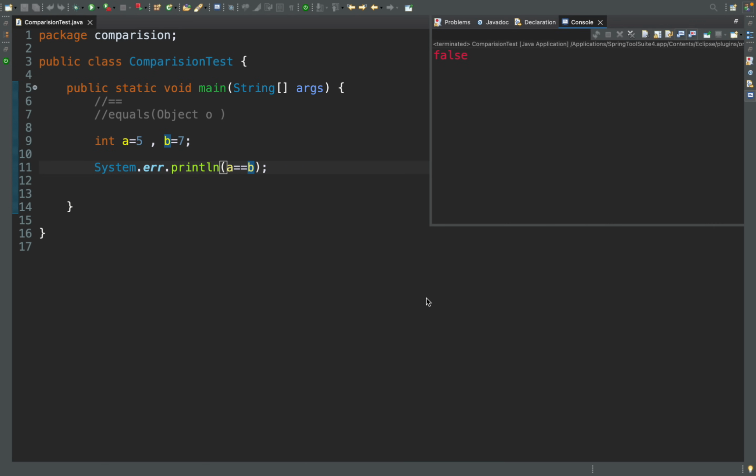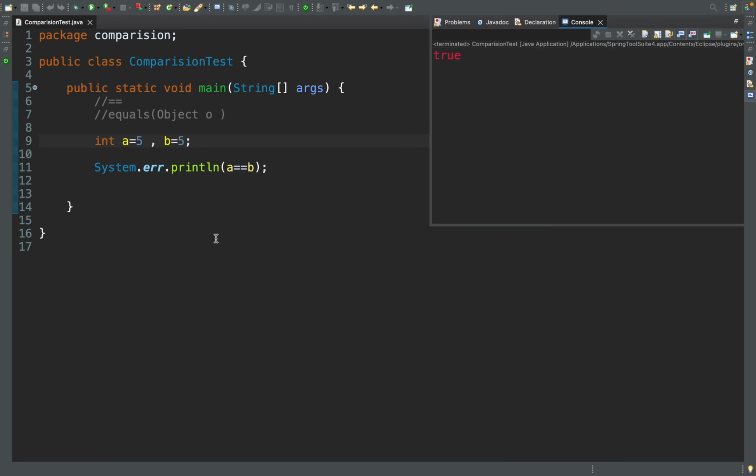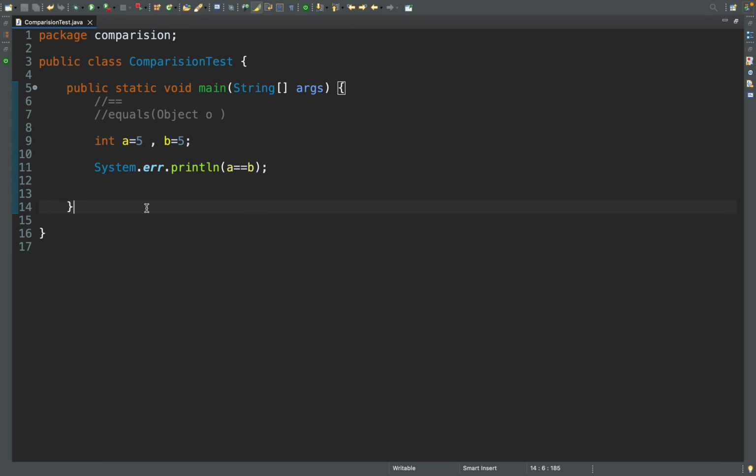So that is written as false, and that is correct. We will take another case. We will take b as 5, and now we will execute. So that is true. So basically the point here is when the